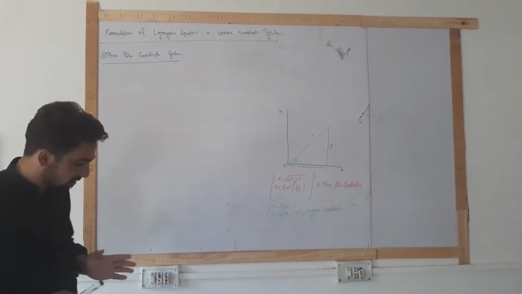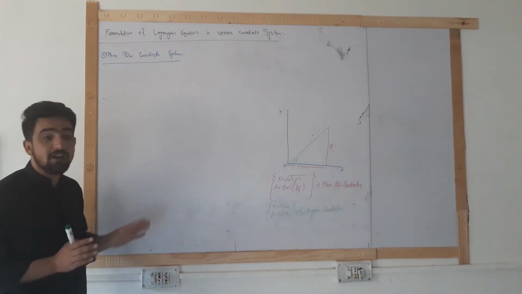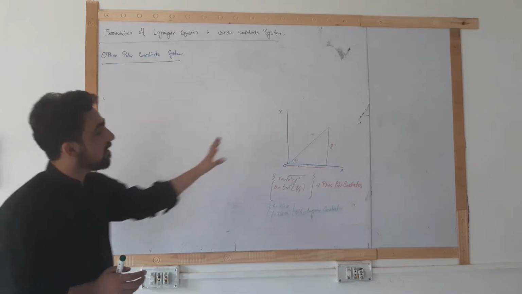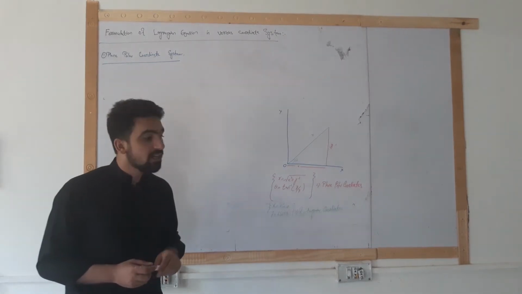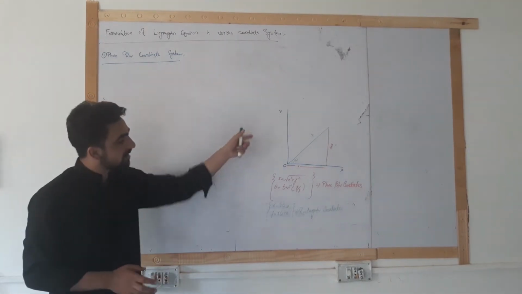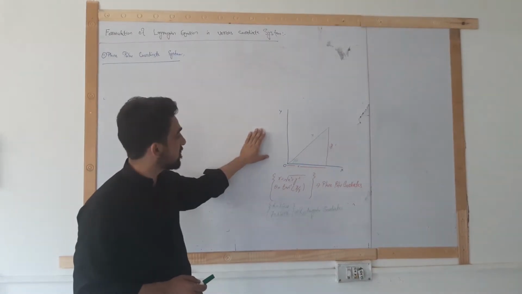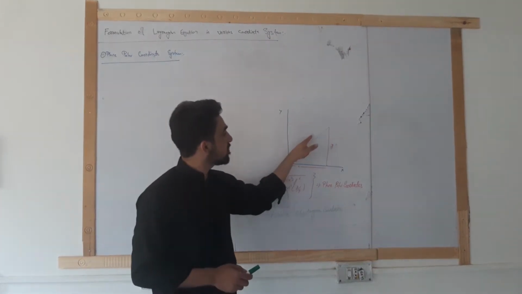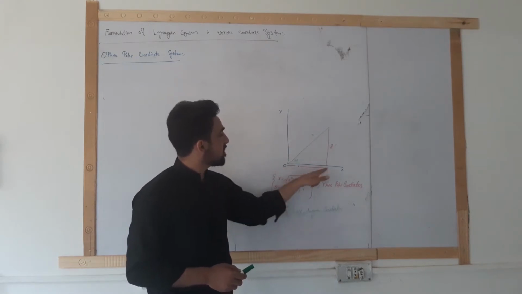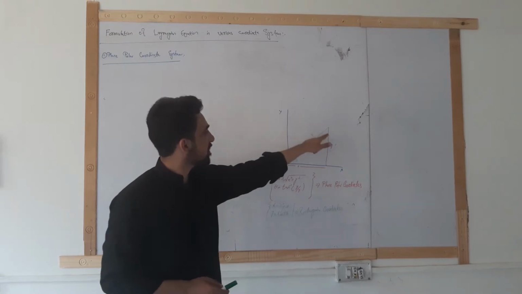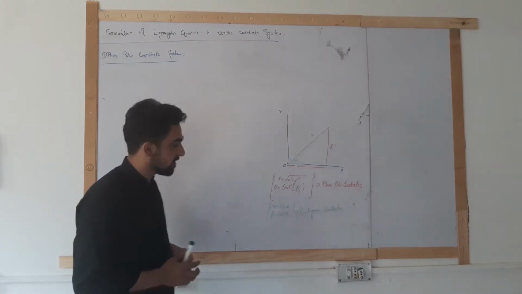coordinate systems. For the sake of simplicity, today I am just going to do it for a plane polar coordinate system. So in the figure here I have drawn this plane polar coordinate system, in which I have this vector r, which with respect to the x axis is at distance x and at distance y from the y axis.